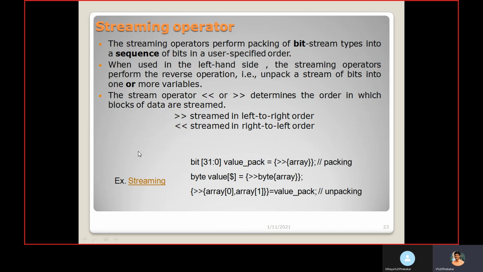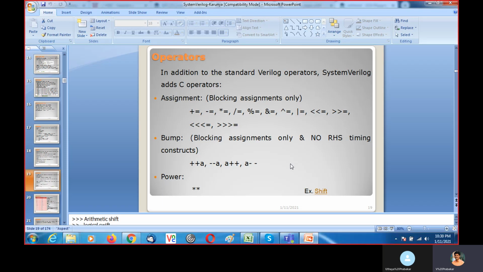The next one is the streaming operator. The streaming operator performs packing of bit stream types into a sequence of bits in a user specified order. Let's explain with the diagram.